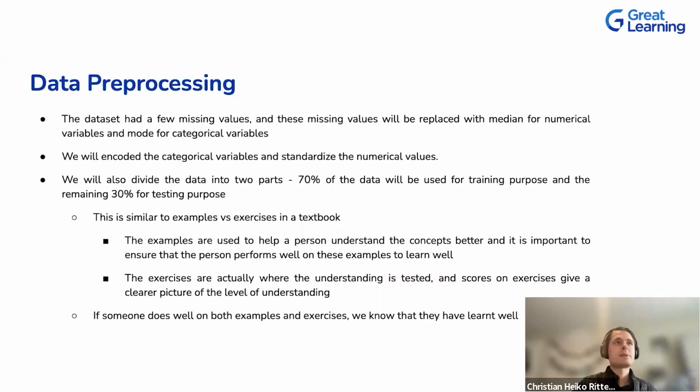Now, data preprocessing: you typically have missing values in your data. There can be issues with the data, because somebody made a mistake in the processing. There could also be missing values naturally, because data was not collected, or cannot be collected, during certain times of the day, perhaps. And then we have the different categorical variables, and we have to standardize them in some cases.